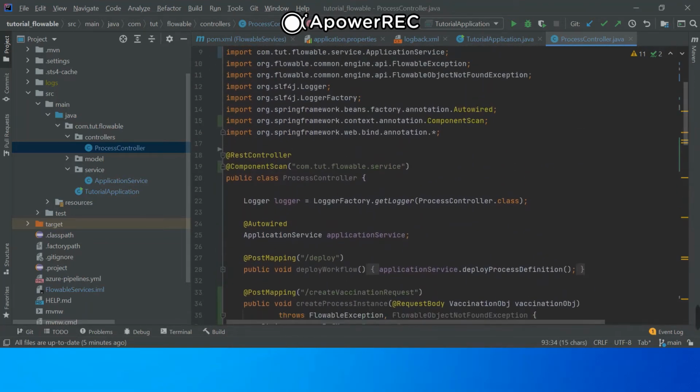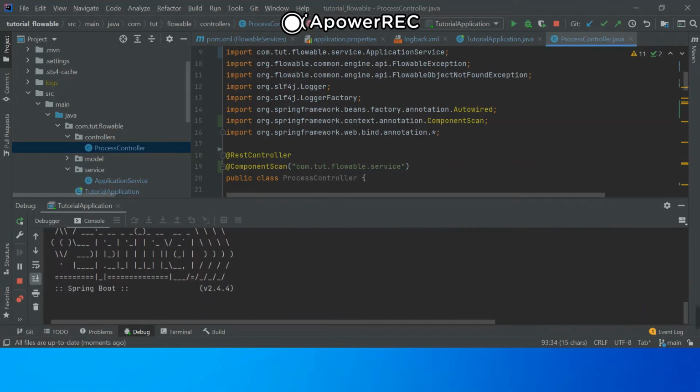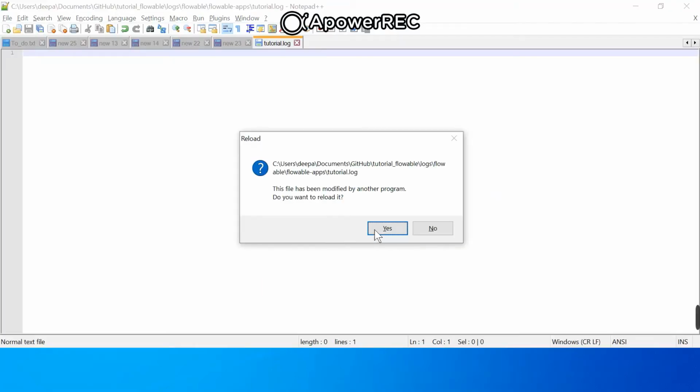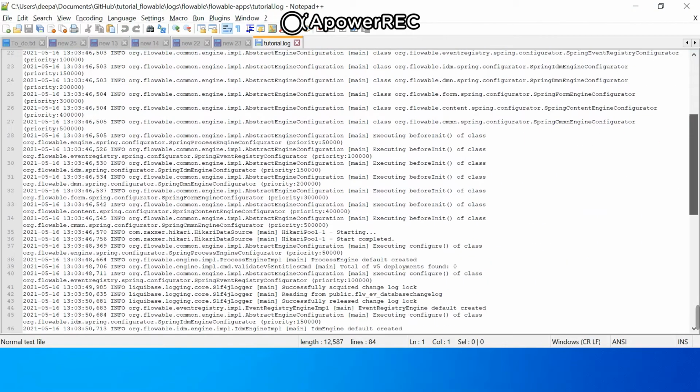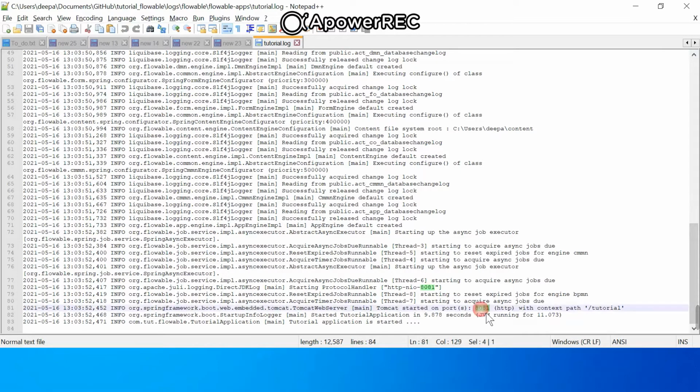But before we go into the next steps of debugging and see how these REST APIs have been written, let's try to start this application. I'm starting it in debug mode, which in turn is going to start this Spring Boot application on the desired port which we have configured in the application properties. We can refer to those details using the logs as well, where you can see the application is successfully started on port 8081 with the context path tutorial in this many seconds.